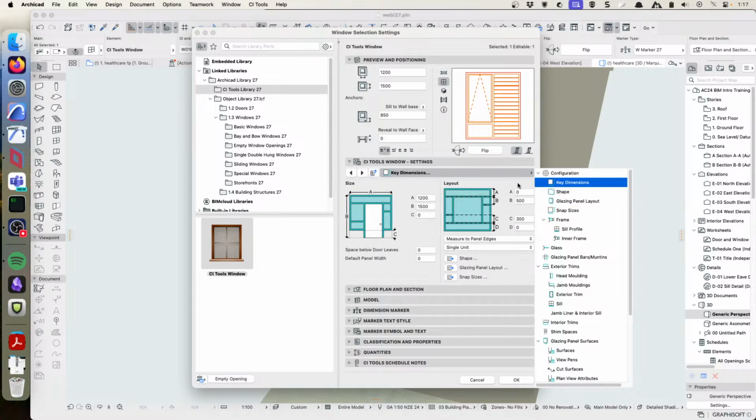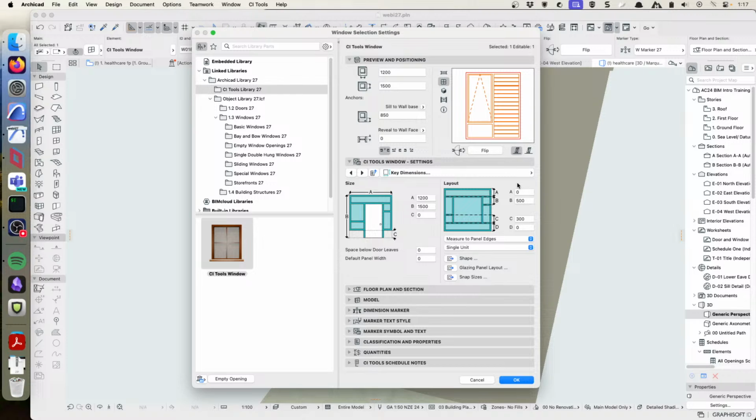Key dimensions is one of the main ones that you'll want to check. So we're now starting to add additional detail to our window. We're going to do things like setting what shape we want the frame to be, what size we want the frame to be, what sort of trims we want to have, and that sort of thing. So the first place to check for that is the key dimensions, to make sure that everything is the sizings